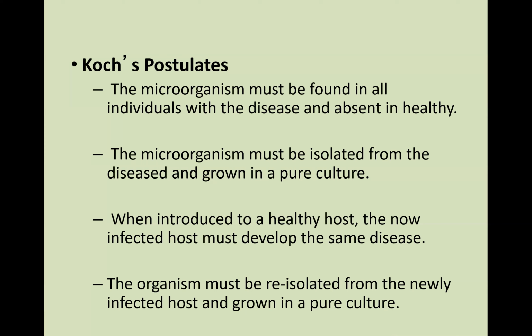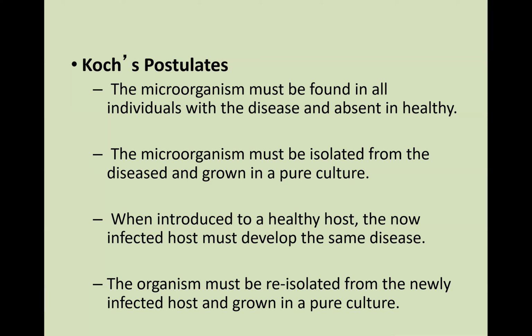Next, the organism has to be isolated from the diseased person, and then it has to be grown in a pure culture in a lab setting. So if someone was to have Bacillus anthracis, the idea is that you could isolate that from the sick person and grow Bacillus anthracis in a pure culture in a lab. Then what would happen is once it's been grown in a lab, you're going to introduce that microorganism now to a healthy host. In this circumstance, a lot of times it was animals. So it was grown in a lab, isolated in a lab, and then it became inoculated into a healthy host.